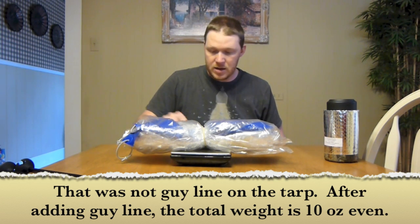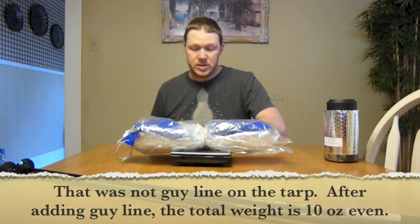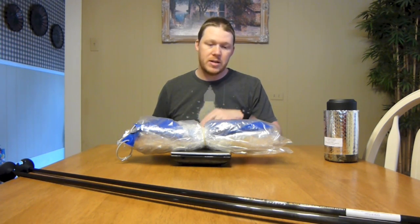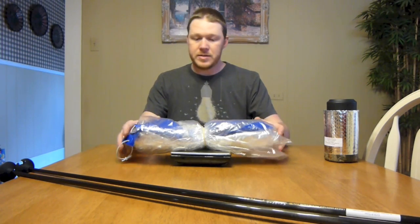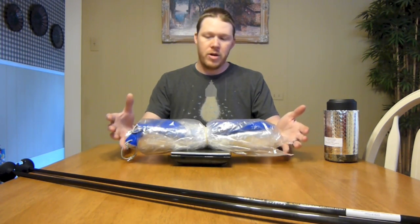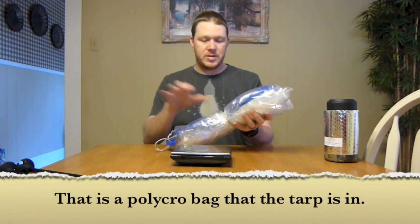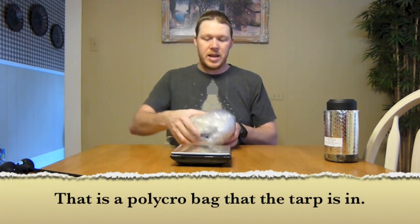Or for grams again, 265 grams. And like I said, that is for the actual tarp with a beak on each end, and it looks like it's got all the tie-outs and everything on it. One thing that I'll probably do, I'll probably get a stuff sack. I've got a couple of Cuban fiber stuff sacks, but I'll probably get a stuff sack to put this thing